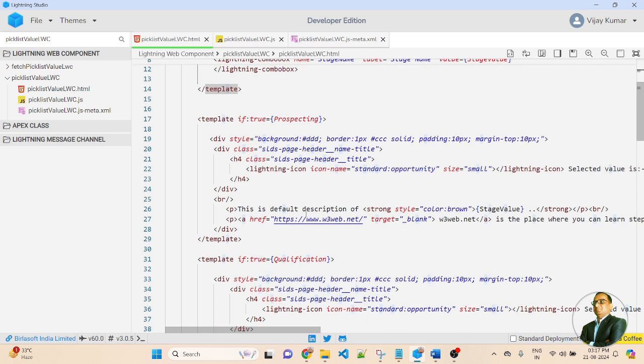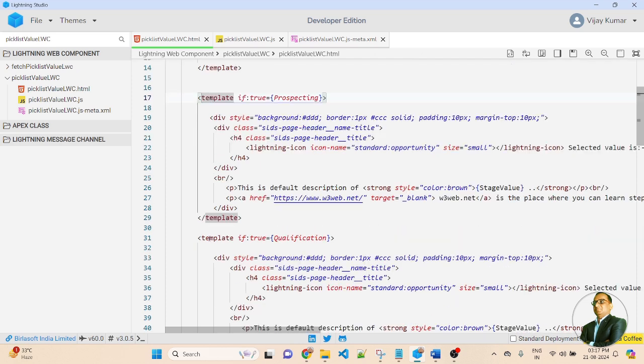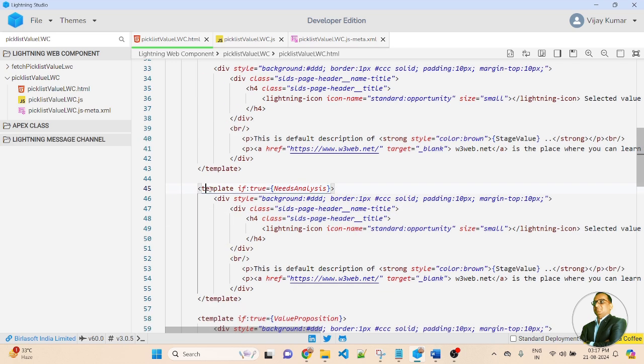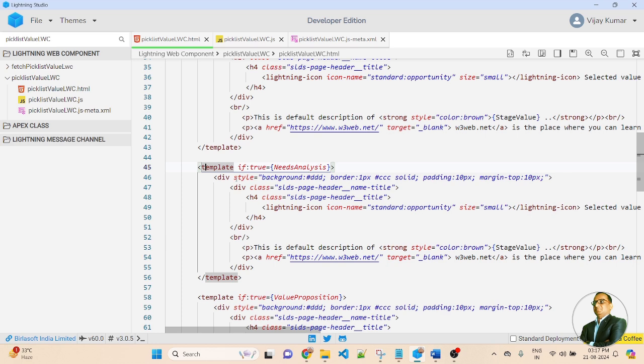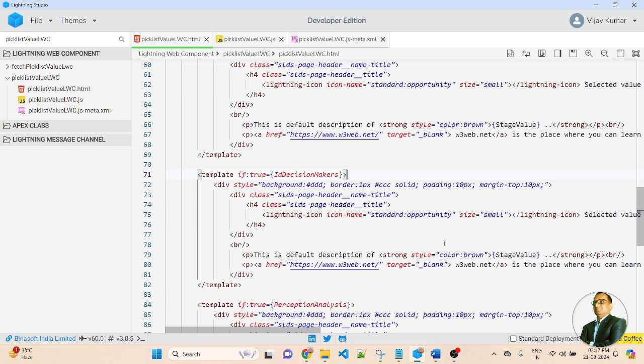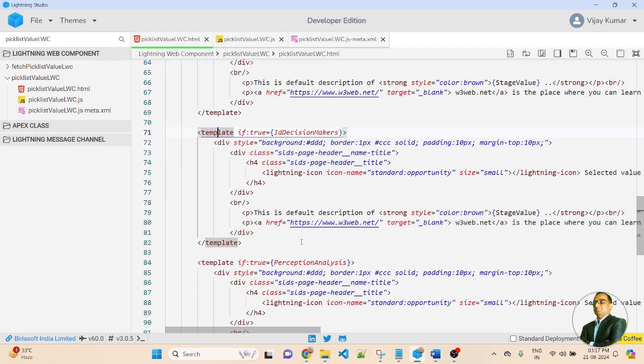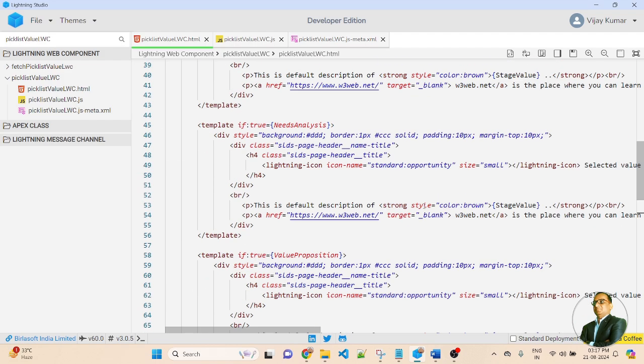After this picklist, here you can see I created a template, and in each template I am passing an if condition, and inside the brackets I am passing the variables. Once its variable becomes true, this template condition will be satisfied and it will move inside the if container. So friends, here you can see there are many templates created, and based on the selected picklist value, we will display and hide the containers.